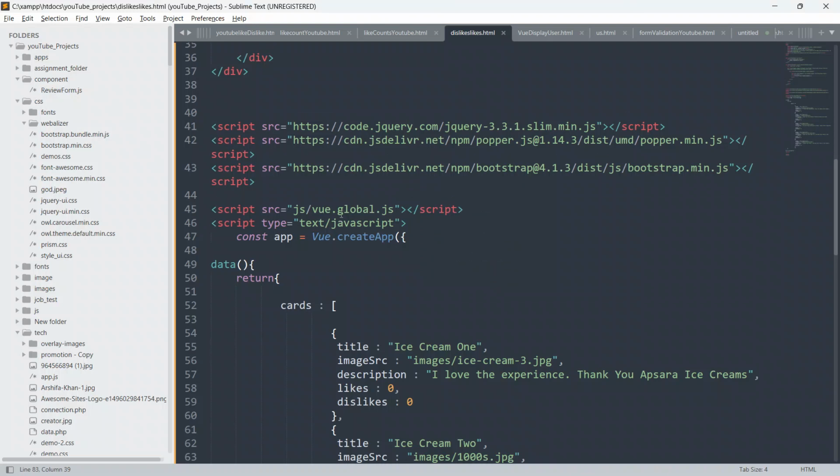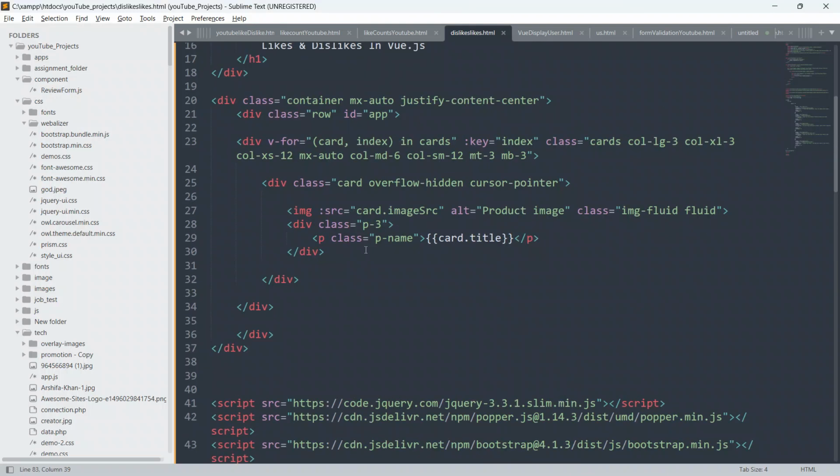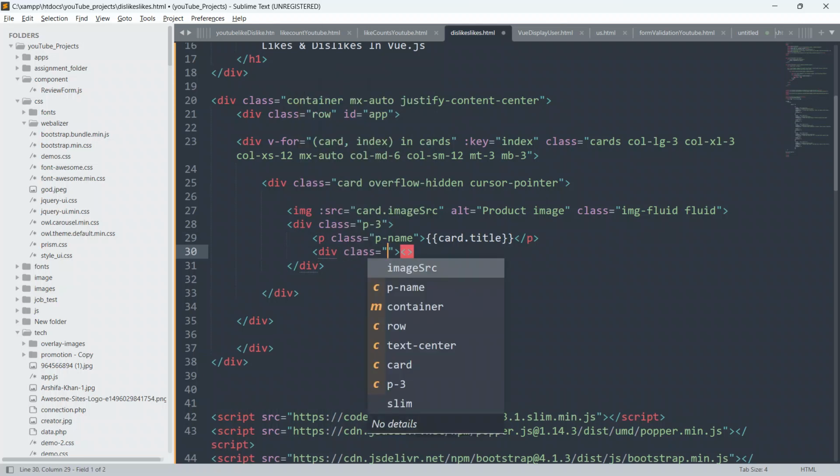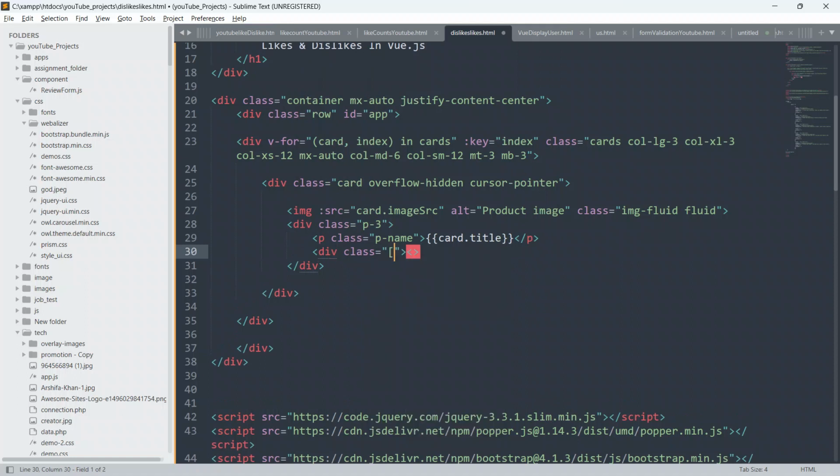So guys, now just go to the HTML again, and below this p I am gonna create another div. So create another div and give it a class as position-relative.